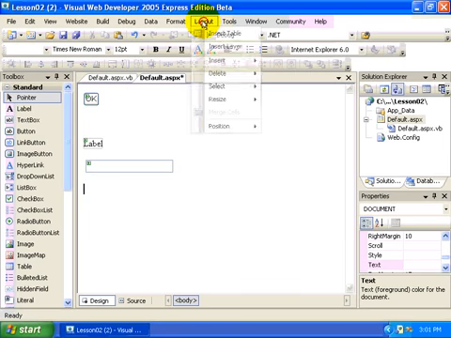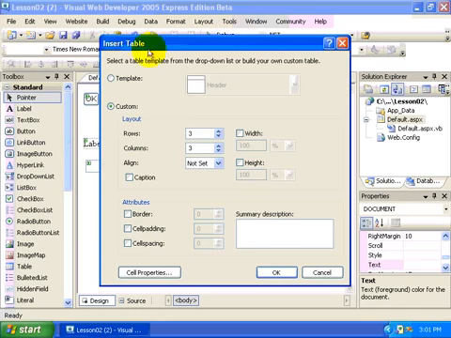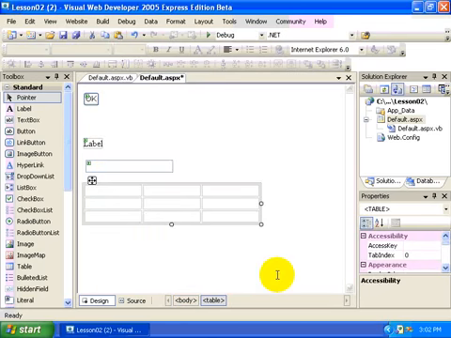So I'm going to go to Layout, Insert Table from the menu, and then this allows me to select the number of rows and columns that I want to include within a new table that I'm going to introduce to my web page. I can also set things like the alignment, the border, cell padding, and cell spacing from here as well. I can even adjust individual cell properties if I wish to at this time, or I can select them individually and set them in the Properties window. I'm just going to click the OK button for now, and notice that it produces for me a 3x3 table